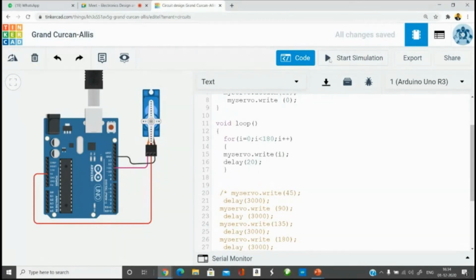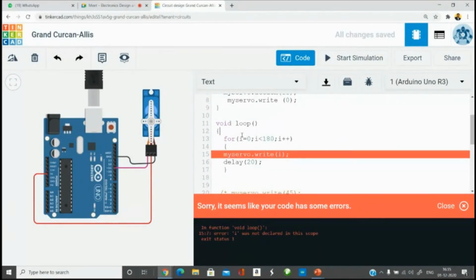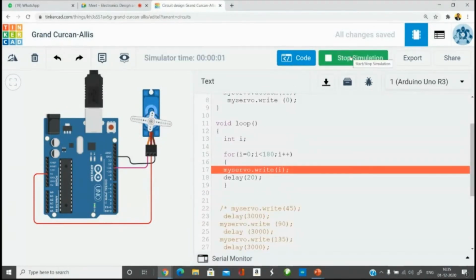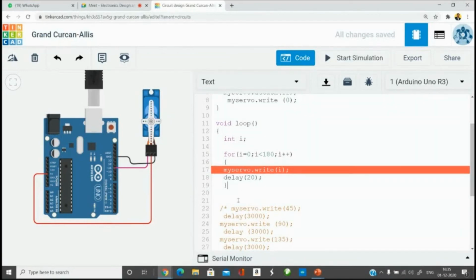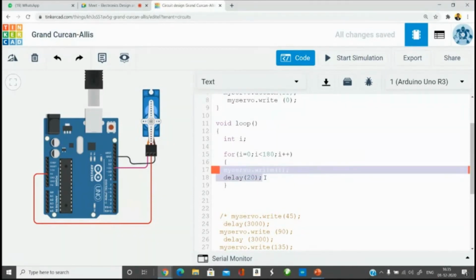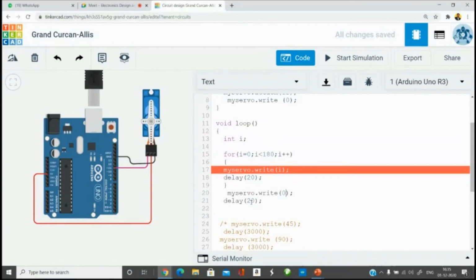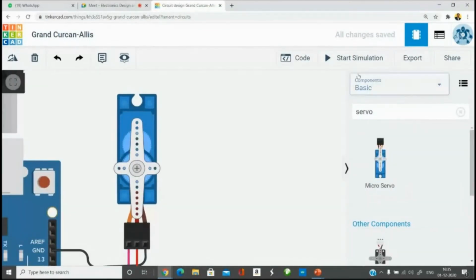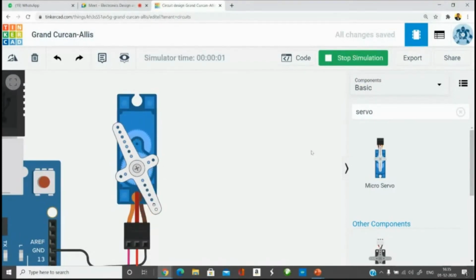Okay, so let us see how it goes. It is not declared here. Let me declare what is i, and see that it is making a very smooth rotation. Maybe after completing this, you can go to myservo.write 0 degrees, and then give a large delay, say 5 seconds or 3 seconds, and this also you can increase the delay to 50 milliseconds. If you see, I have given a delay period of 50 milliseconds for each degree. See, that gives you a very smooth rotation. So it will wait for 3 seconds and then it starts.